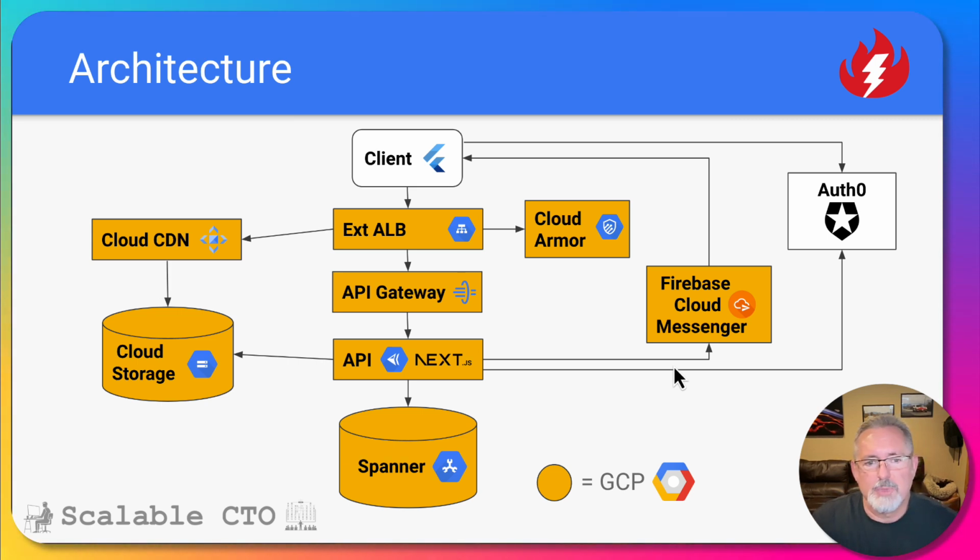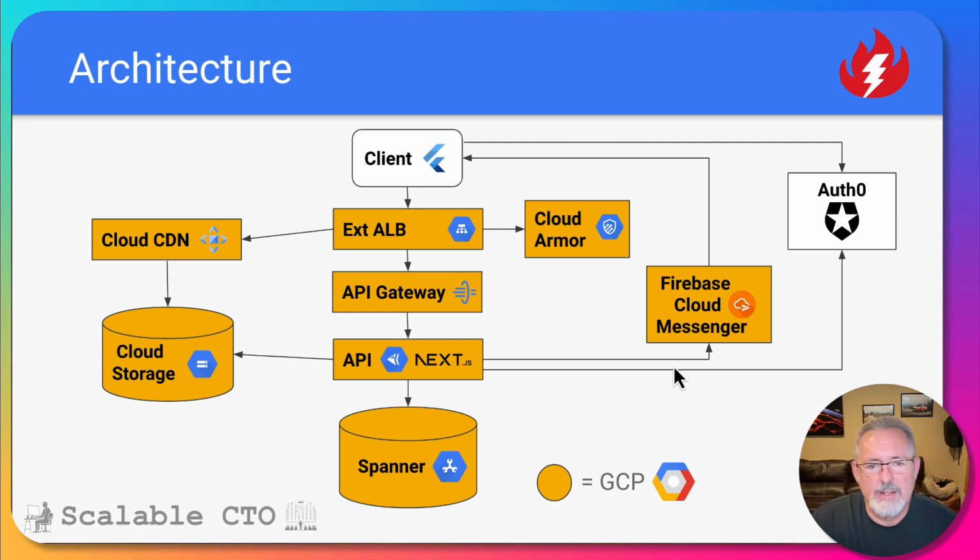Our architecture is we have these Flutter clients, and the web client operates in the same way. They talk to Auth0. That's definitely one of the zero ops kinds of platforms, authentication as a service. And then they talk to an API endpoint. The clients don't actually know they're talking to this enterprise or external application load balancer in Google Cloud, but it presents the API, which they call,